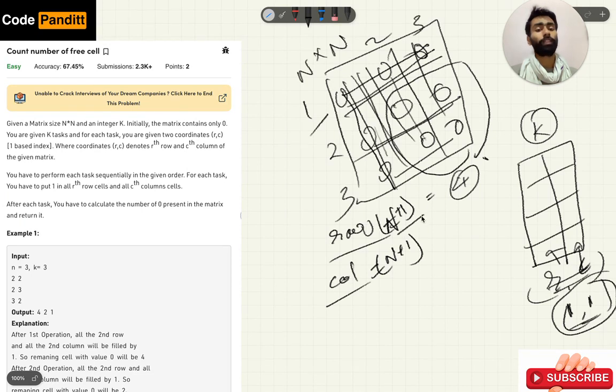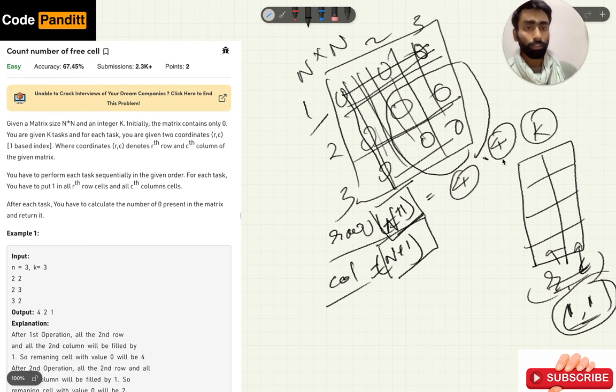That's why we need to keep the size of row and column greater than the value to be stored here, because after the operation we are incrementing it, which may become greater than the size of the matrix.